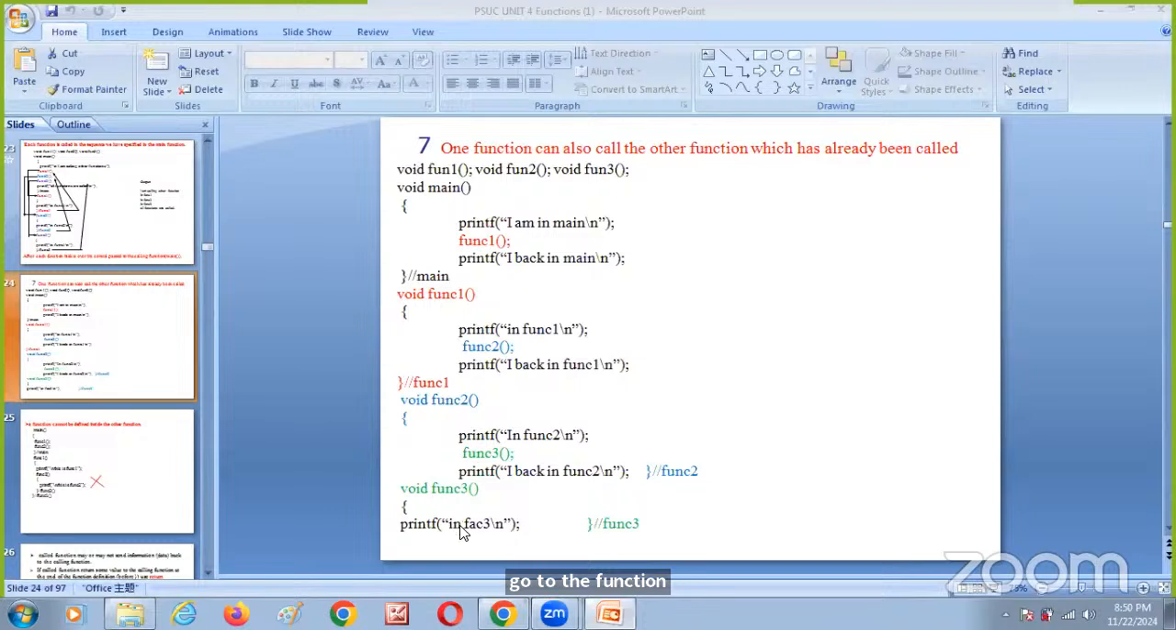What is the function three body? In function three, we have only a printf statement. The printf statement and function three will be executed. And after completion of function three,